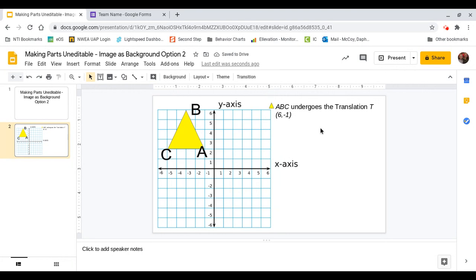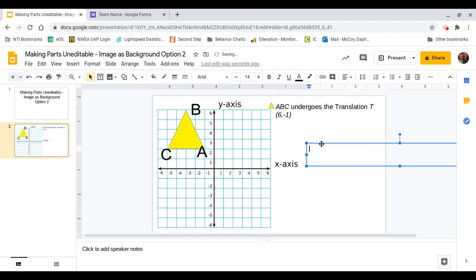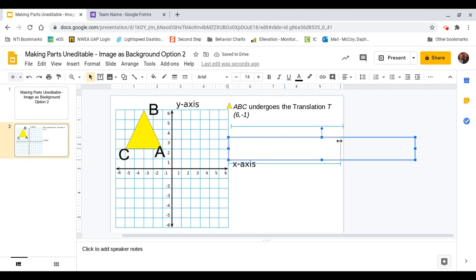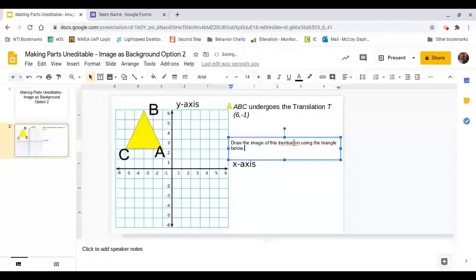Okay, so these are the parts that I want to make sure the students don't move, along with the instructions for what I want them to do. So I'm going to insert another text box for their instructions. And in their instructions, I want them to draw the image of this translation using the triangle below. Okay,